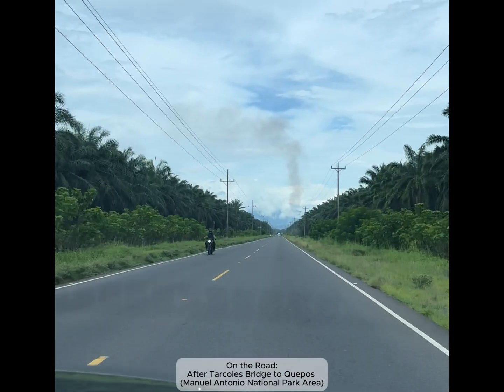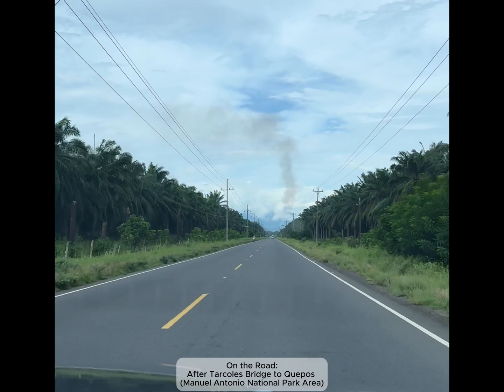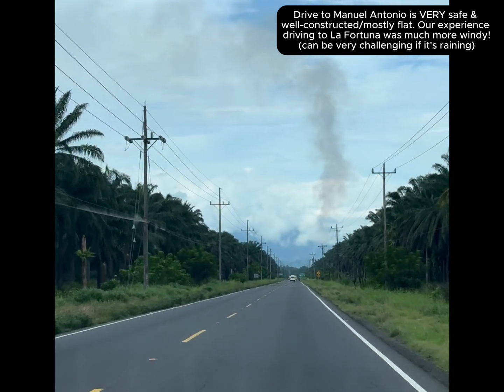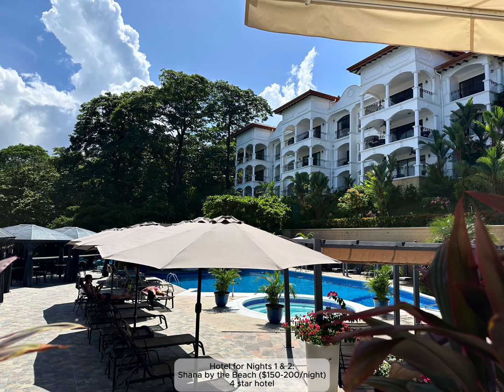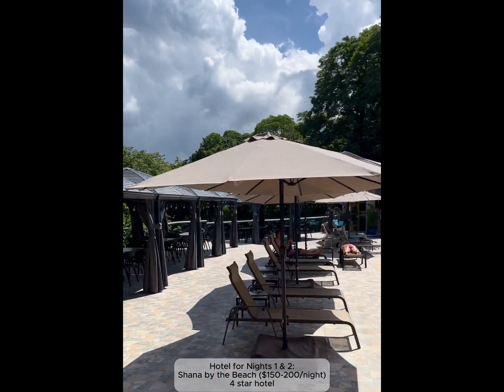The drive to Manuel Antonio, or just anywhere in Costa Rica, is just beautiful. It's really cool, and we had some concerns about the road conditions in Costa Rica since we read about it, but each way that we went, from San Jose to Manuel Antonio to La Fortuna, actually had really good roads. So after about 4 hours, we finally made it to our hotel, where we stayed at